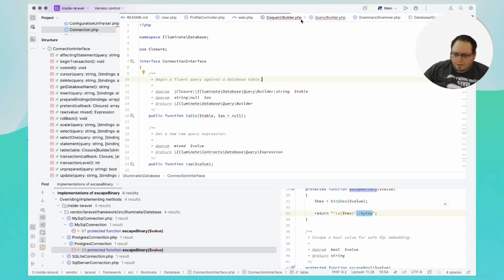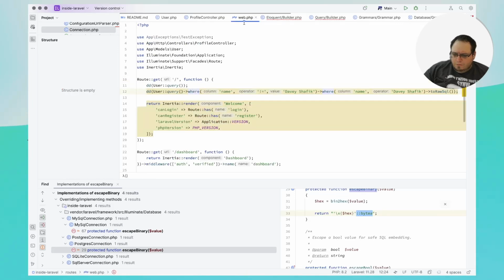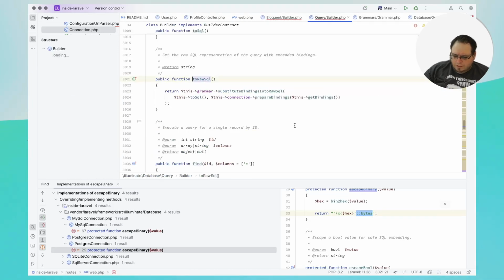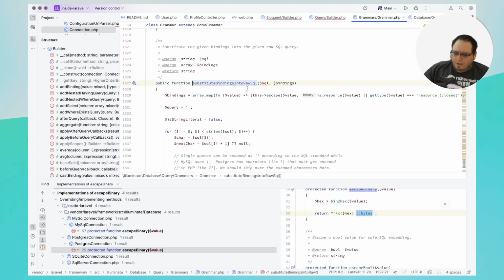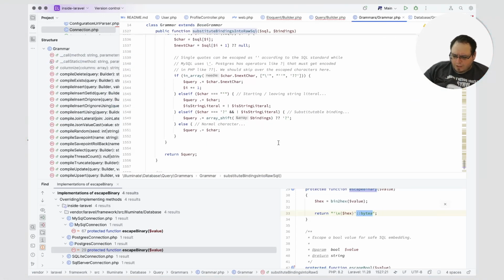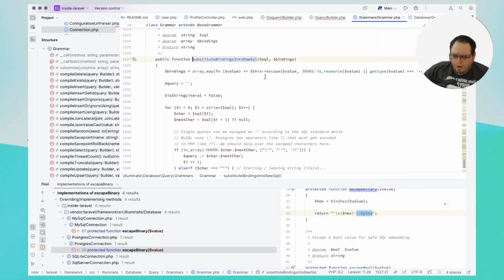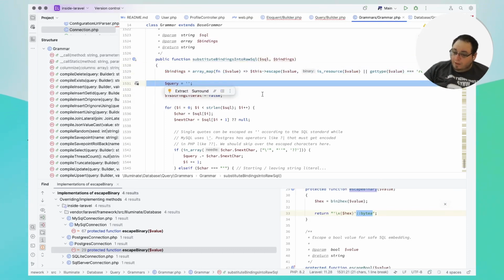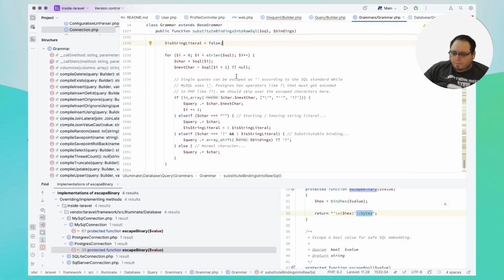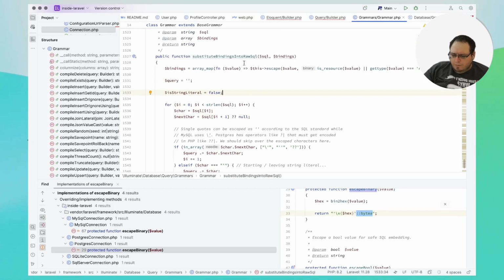we have looked into raw SQL. Let's just jump back to that. And we're still here. So we've escaped all of the bindings. And then we're going to start building up the query, I presume. And then we literally go through